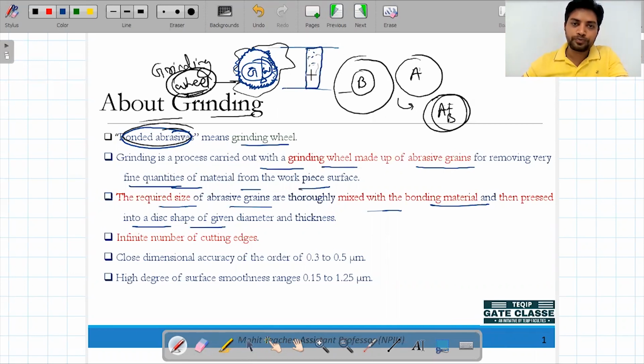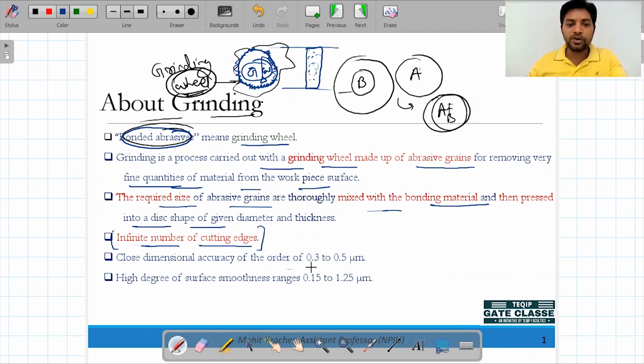So these are the grains. When this rotates, the complete portion throughout the thickness will come in contact with the workpiece. It means all these are treated as individual single point cutting tools. All these single point cutting tools are combined here and form an infinite number, because we cannot count them, as they are very small in size. That's why we call it an infinite number of cutting edges. So this again comes in the category of a multi-point cutting tool.